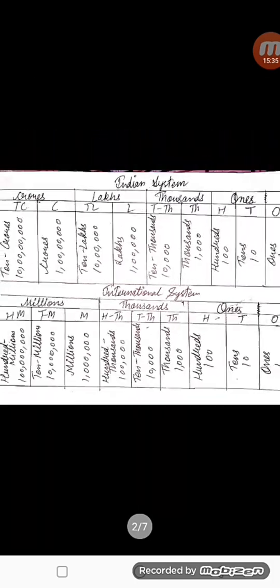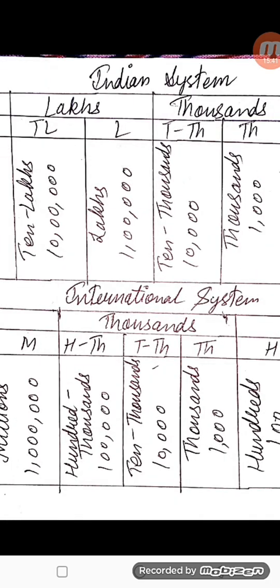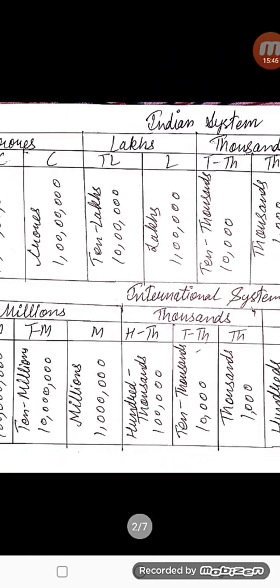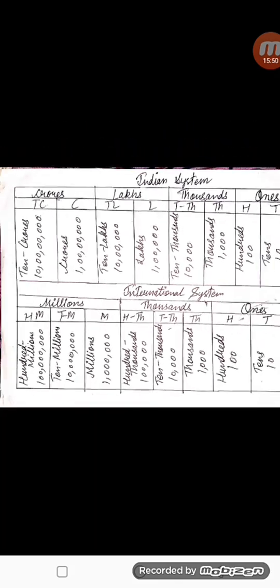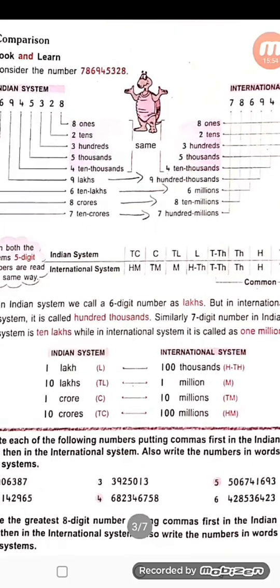This one, the comparison which I have created here, you can easily see how many zeros are there, and after how many zeros or how many digits you have to put a comma. Okay, you should know this comparison, how we have done this. So I will share this to you also. Next, the values. What value of the Indian system will be equal to which value of the international system? You should have knowledge of that.